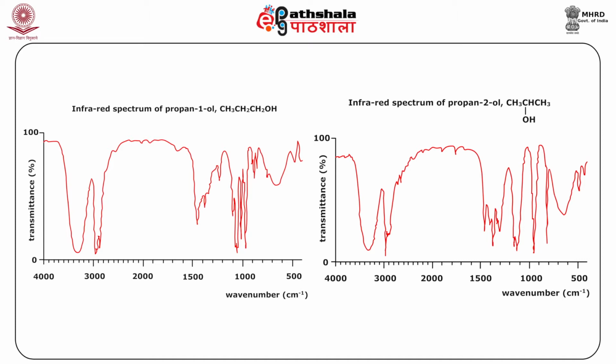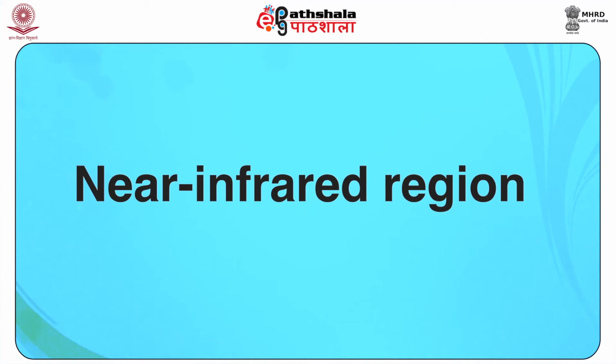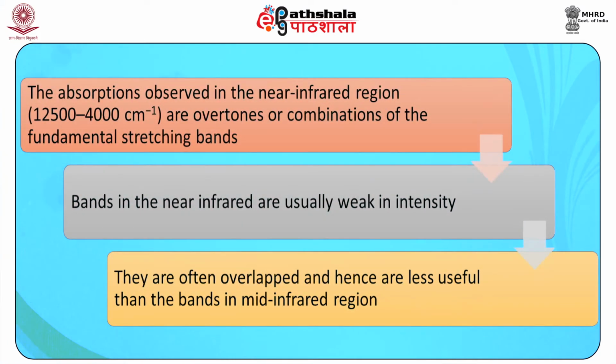This is clearly exhibited by the two figures shown to you. The first one is of propan-1-ol and the second one is of propan-2-ol. Now, coming to the second region, as we described earlier, the near infrared region, it ranges from 12,500 to 4,000